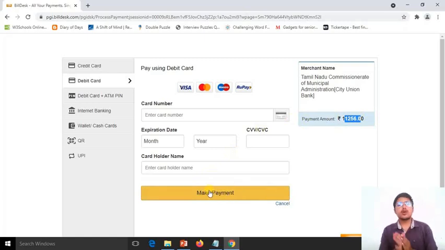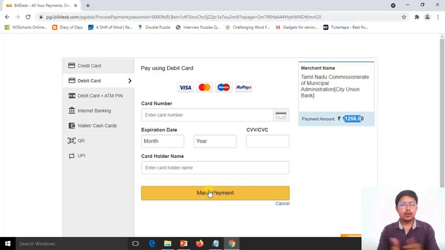As soon as you click on this option of make payment, it will take you to the next, last secure page of your payment, which will ask you to enter the OTP. That OTP will be on your mobile phone, which has the SIM card registered to your bank. So you will get an OTP as soon as you click on make payment.